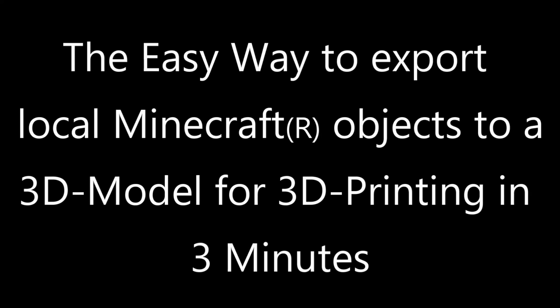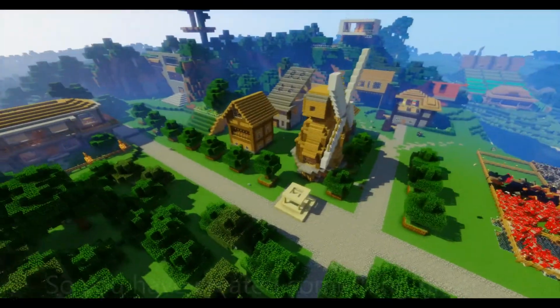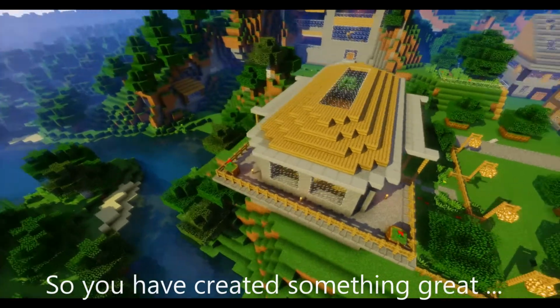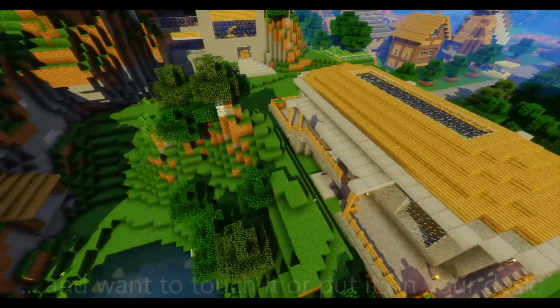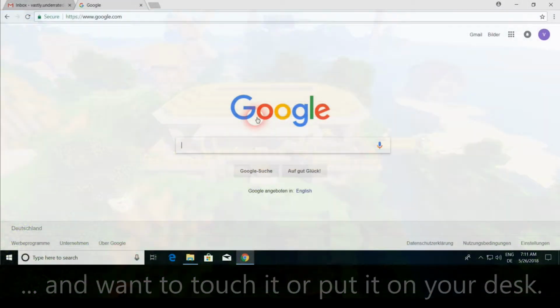Welcome and thank you for stopping by to learn about an easy way to export local Minecraft objects to a 3D model for 3D printing or other 3D purposes such as VR or others. So a pretty easy way to do this is to open your browser and to go to